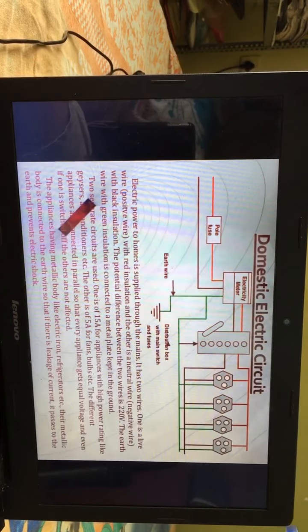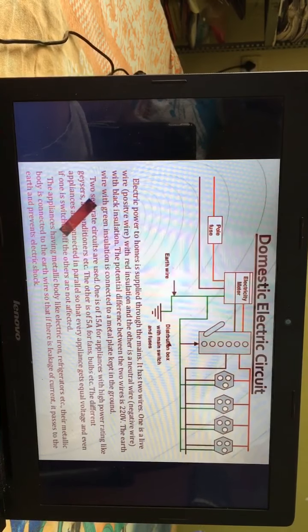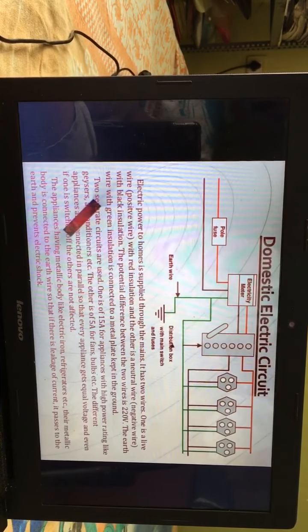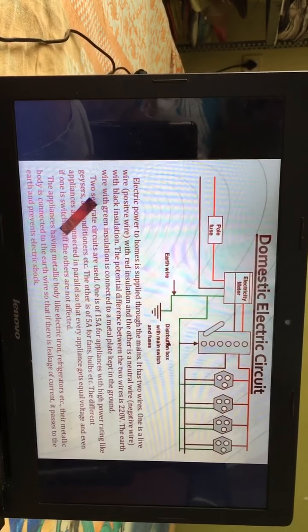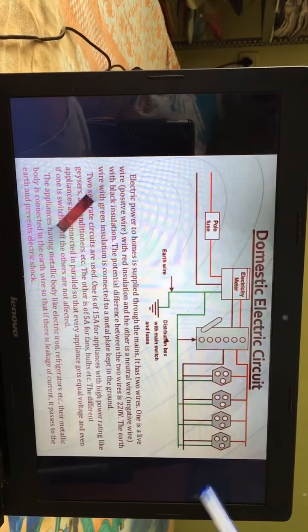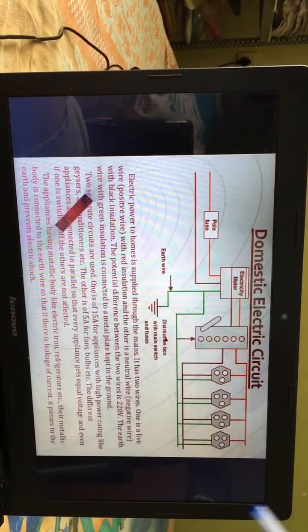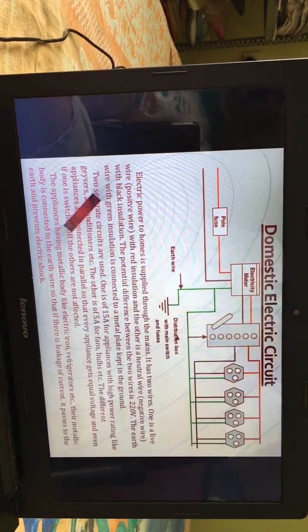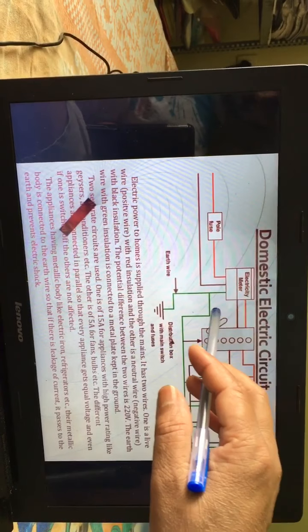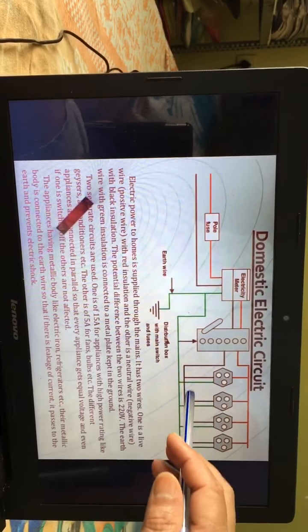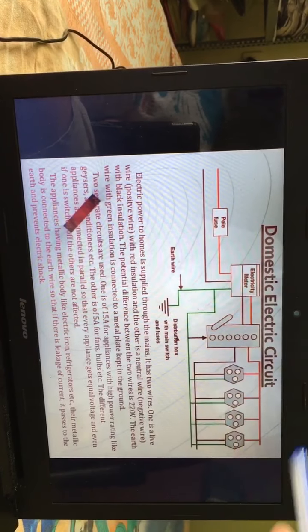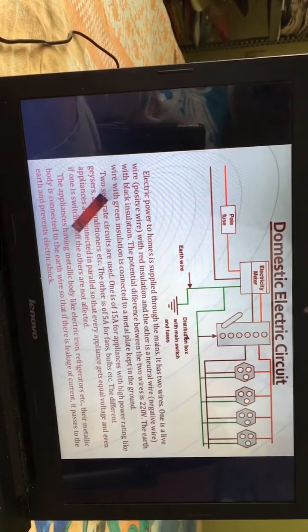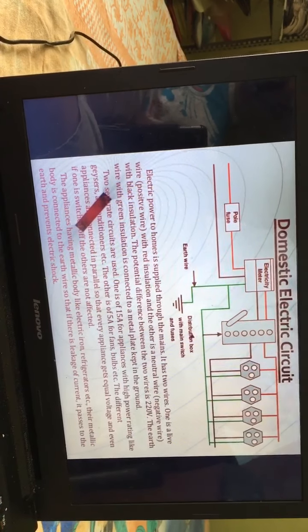And why is the earth wire important? Sometimes in our electrical devices like an electric iron, some leakage comes inside the device, and if the earth wire is improper, and by mistake we touch the electric iron with our body, then the person will get an electric shock. But if proper earthing is done, then if leakage current appears, it goes through the earth wire to the earth, and by mistake if the device is touched with our body or hand, the person will not get any electric shock.